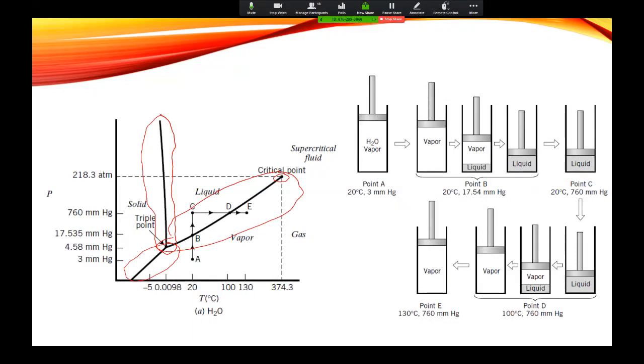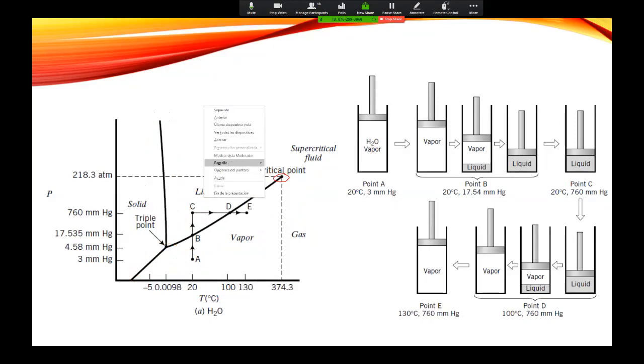Then we saw the flux diagram, where we have a vapor at point A, a vapor at 20 degrees and 3 millimeters of mercury, so it's nearly a vacuum, and then we start raising the pressure until we get a liquid. We raise the pressure until we reach the equilibrium line of vapor and liquid at point B, and there we start seeing the formation of liquid until all the vapor goes to liquid,